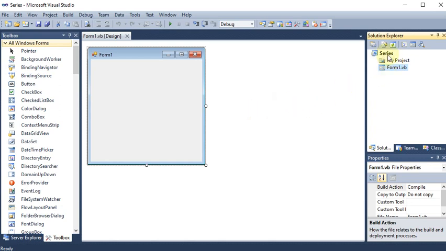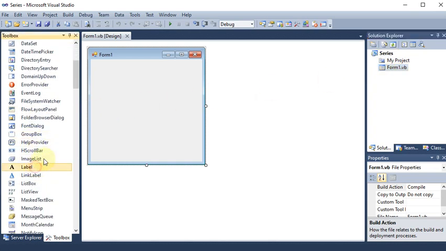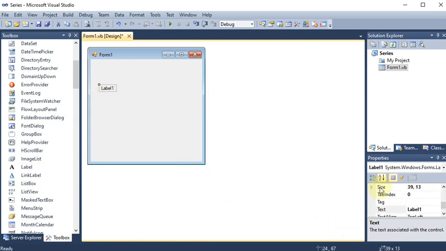Here we have given the name which is series. Then afterward we are dragging and dropping a label so that we can show to the user that we are printing the series. So this is the label. We are going on the properties of label and changing the text. We are giving the name which is series. Then after clicking back you can see that series is coming here.